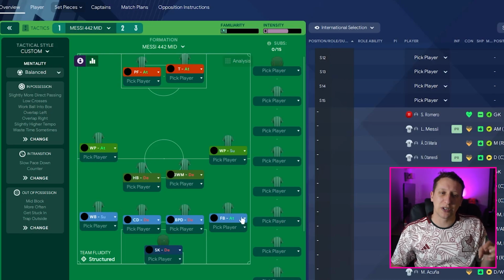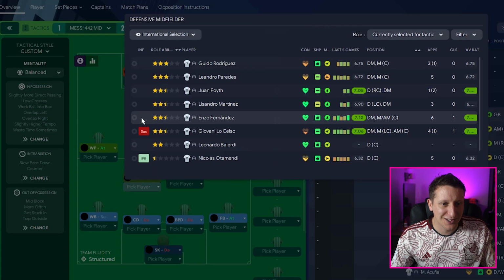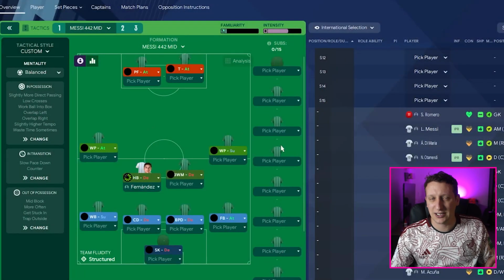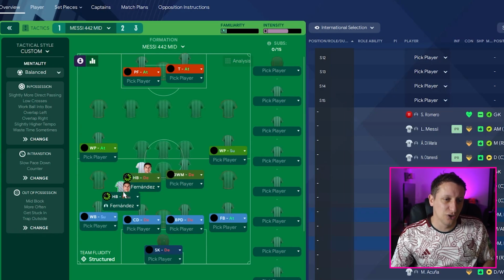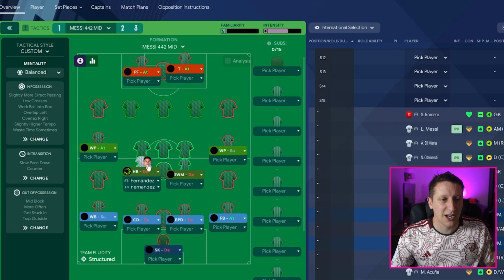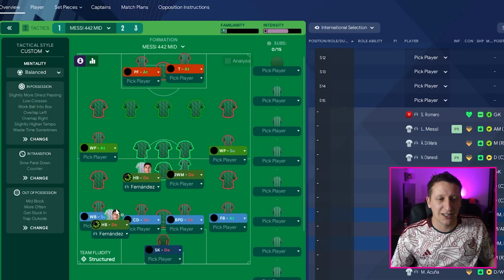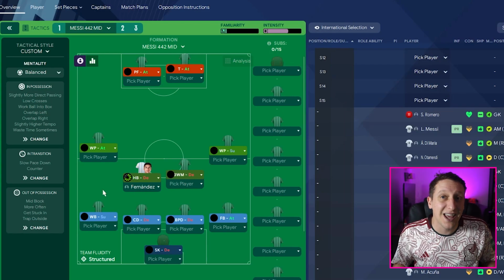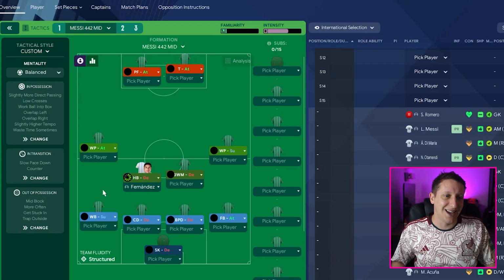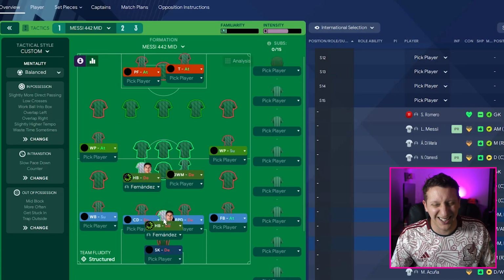Now, the middle 2 has been difficult because they have been playing an FM superstar in Enzo Fernandez, in particular over the last sort of 3 or 4 games. He's got an interesting role because he does drop in at times to make a back 3. Now, he doesn't go into the middle. He normally drifts out to this left-hand side to make a 3, and it pushes the full-backs on. I haven't been able to replicate that in the game. When he plays as a half-back in this, he still goes and sits in the middle,